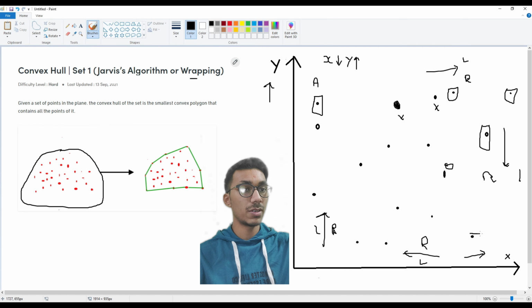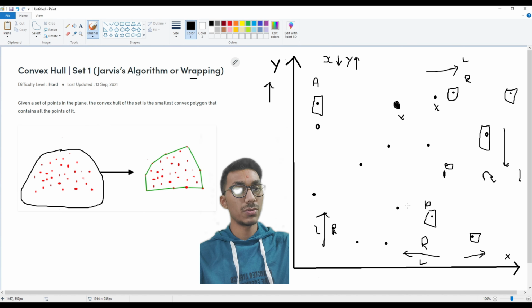This point will be remembered. We will name it as P. This will be Q and this will be R. Now it is on the left, so we have to remember this point. This will be P, Q, R. Now the R is on the right, we will swap Q and R. Now the R is on the left, so this P point which was previously Q will now be remembered, it will be P, Q, R.